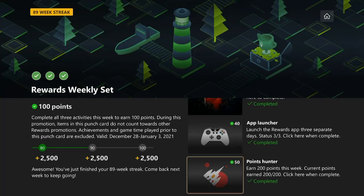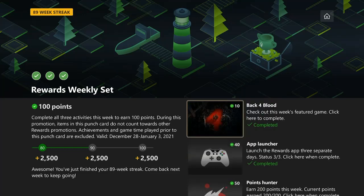Normally I get those through just web browsing. I'll show you that in a second, that's part of this video. But just through web browsing, when I get my points there, I get my 200 easily, and that's completed. Once you've completed all 3 tasks, it'll check off green all 3 of them, and you should have your weekly set completed. Before I leave this part here, as you can see, I did mention I'm on an 89-week